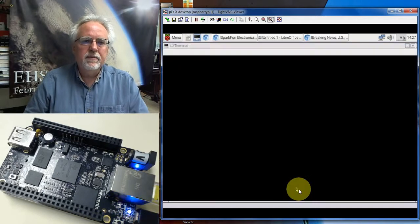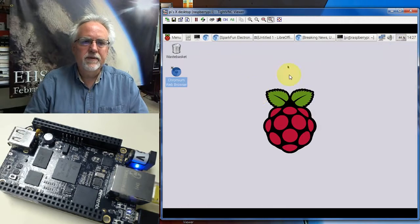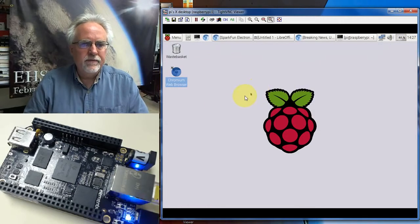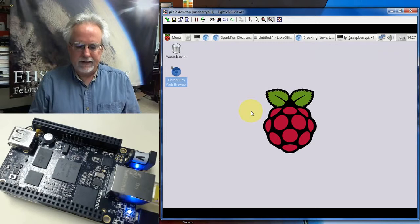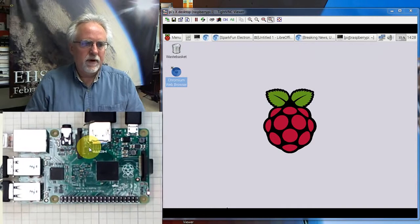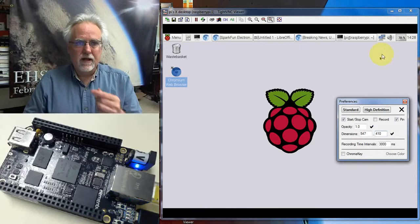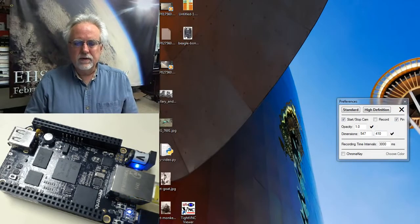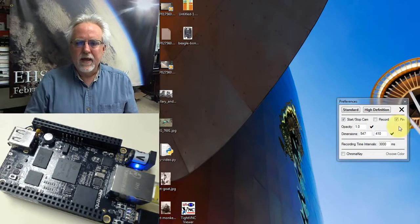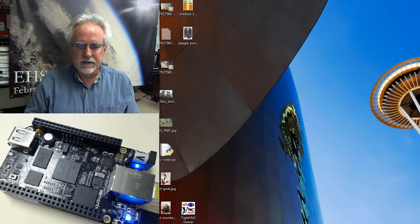You can also come here and you can get your terminal window up to do your Linux stuff. And so this is really a very, very nice, very snappy desktop coming off of the Raspberry Pi. And here we've got the Raspberry Pi over here running right to the side, and I'm showing you this live coming off of that. Okay, so let's compare that. How does that compare to the desktop experience